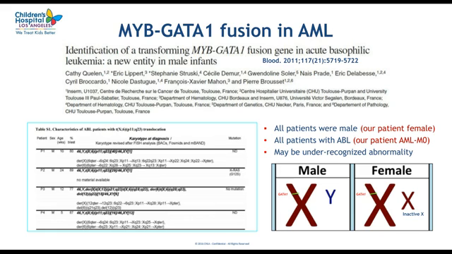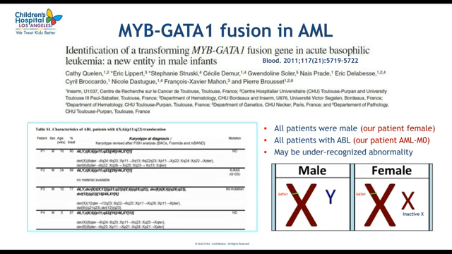Finally, we do not really think that the explanation for why this would be restricted to male patients holds, because although male patients have 1 X chromosome and 1 copy of GATA1, females also have 1 active copy of GATA1 since the 2nd X chromosome is inactive. And so there is biologically really no reason why this would be restricted to male patients, although one can maybe hypothesize that there could be some compensatory reactivation of GATA1 from the inactive X chromosome in females. And so we really think that this is not going to be restricted just to male patients,